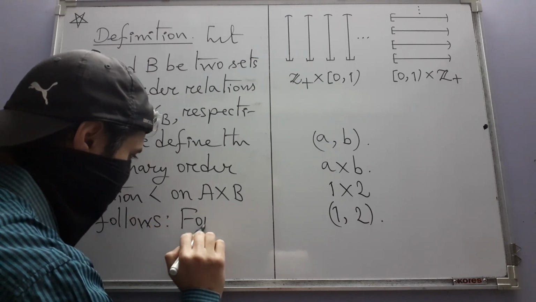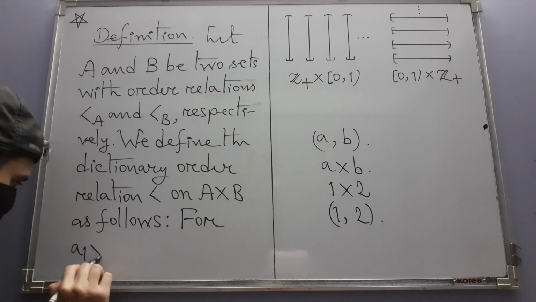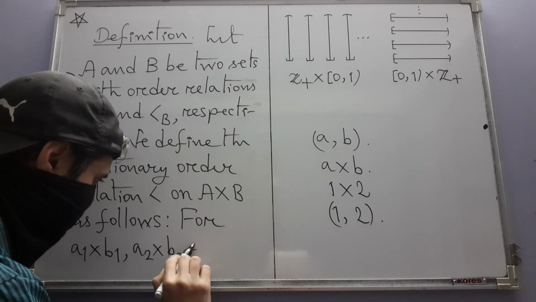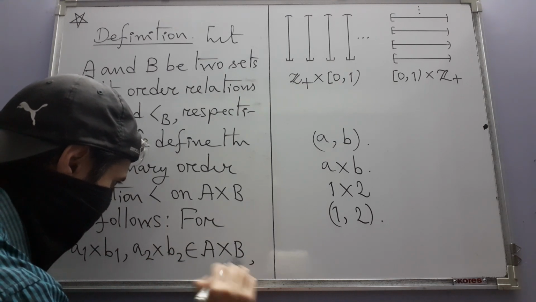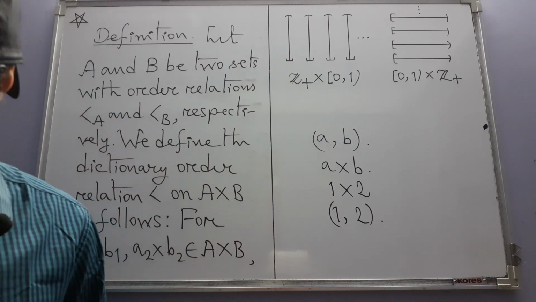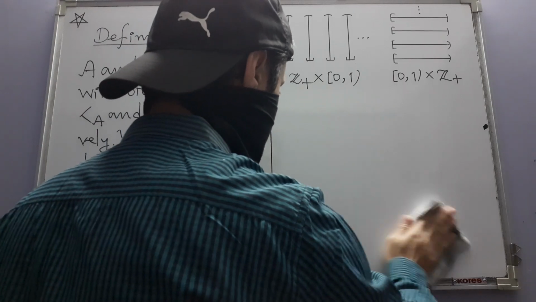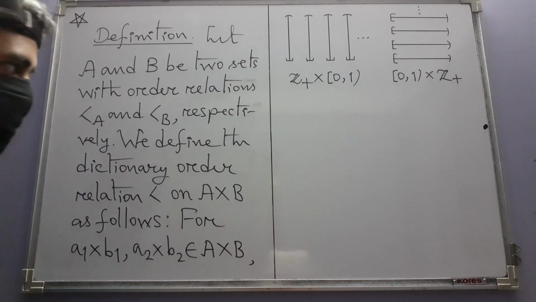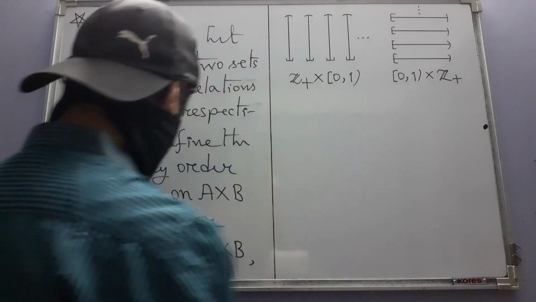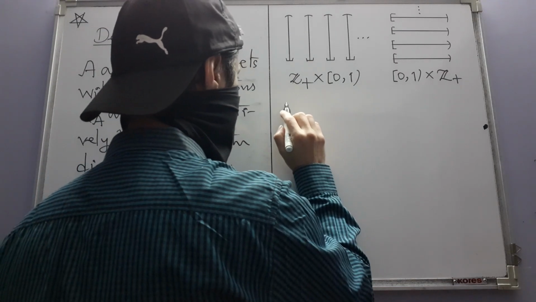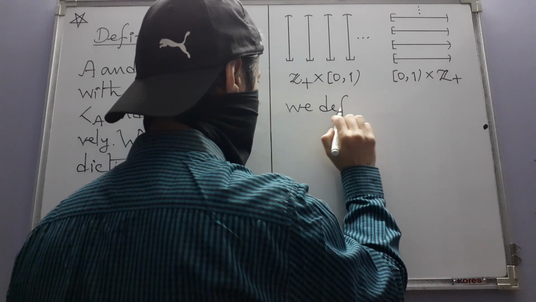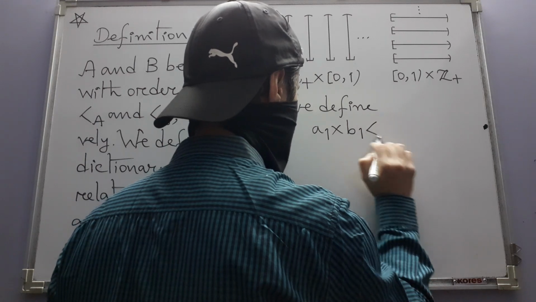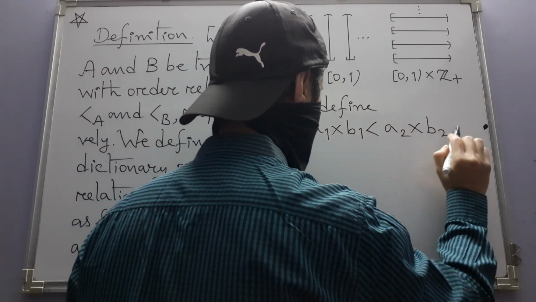For these two ordered pairs in A times B, we define this to be less than this if